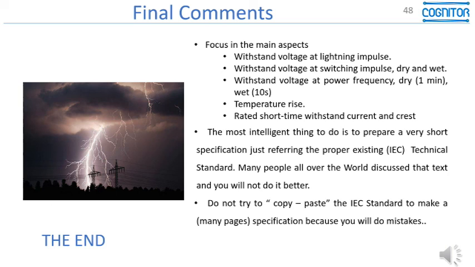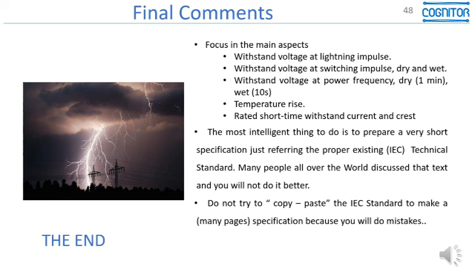You need to remember always that the most intelligent thing to do when preparing a specification is just to refer to the proper existing IEC technical standard. Many people all over the world discuss this, and certainly you will not do it better.